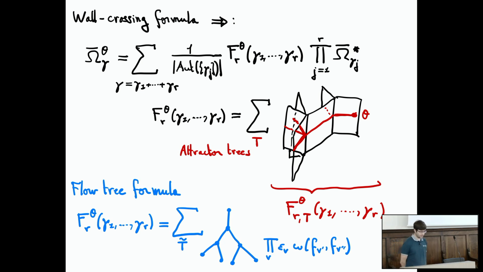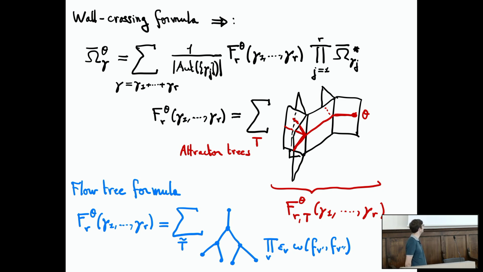And these not so easy combinatorial coefficients f r theta could be naturally expressed as a sum over trees that I will refer to as attractor trees, which live in the vector space MR. So here on the picture, it is a tree which is represented in red. It's a rooted tree starting at the point theta. And then we describe this move of going in a straight direction, in the direction of the attractor point for gamma. And then at some point you hit a wall for the